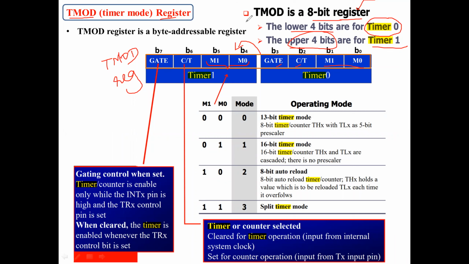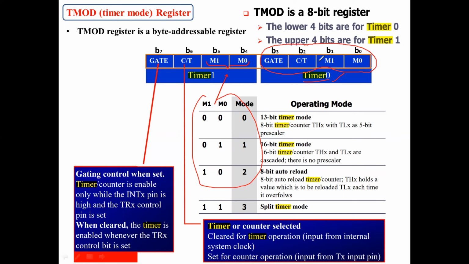So in my program, for delay purposes, you can use either timer 0 or timer 1. Either one, no problem. If you use timer 0, then you should enable certain bits here so that your timer will be under certain modes. If you change some value here, your timer will be either in timer or counter option.